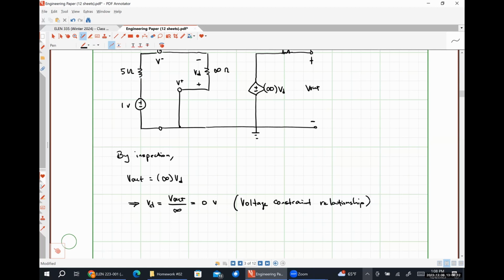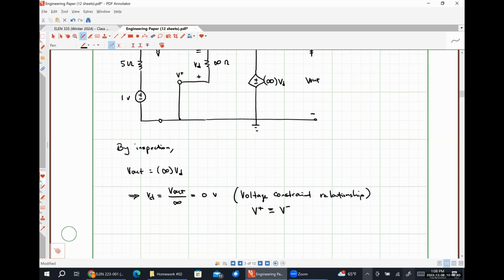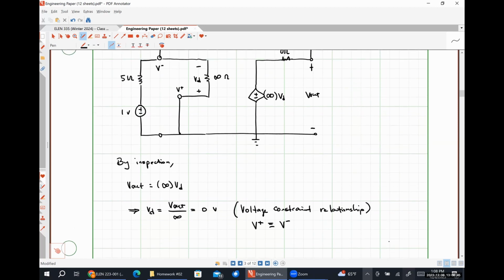And what this means is that if VD is always 0 volts, the voltage seen at our non-inverting input terminal must be equal to the voltage seen at our inverting input terminal, which was exactly one of the criteria that we used to analyze negative feedback op-amp circuits way back in circuits 1. So we know where this comes from now. We're just not making an assumption about things. Okay. So if VD is equal to 0,